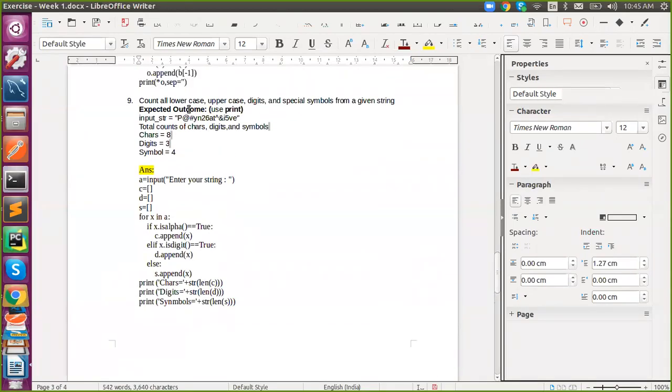Here, count all lowercase, uppercase, digits and special characters from a given string. Just iterate over your string, and for the total count of characters, if it is a character, just say isalpha, that is enough. We don't need to compare with true, because x.isalpha() already returns true. I said your expression should return a boolean, right, Prabhakar?